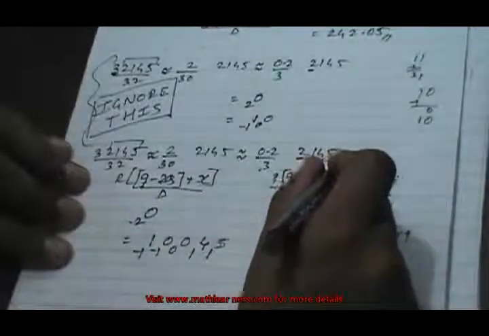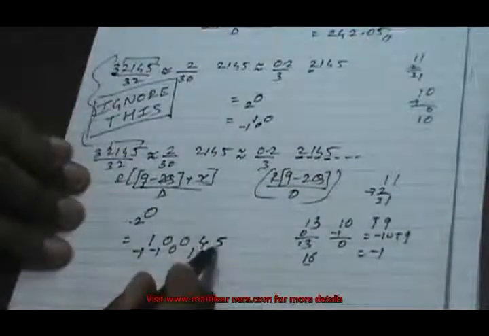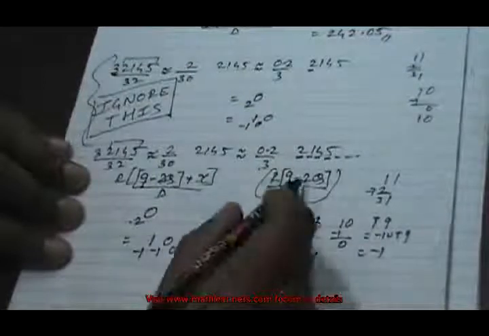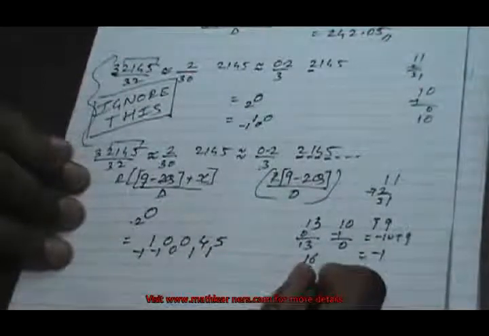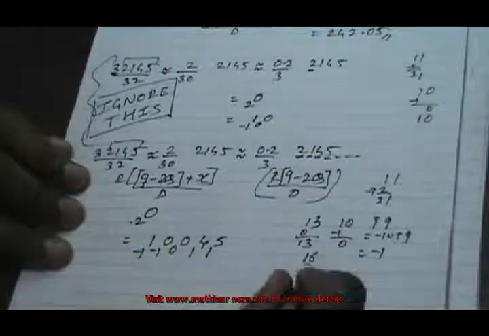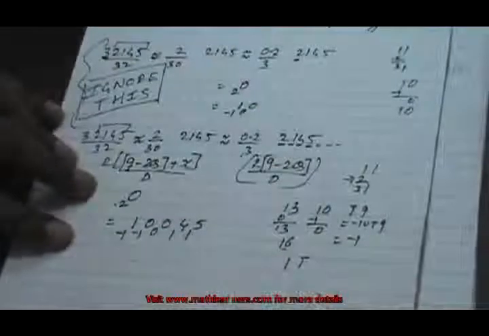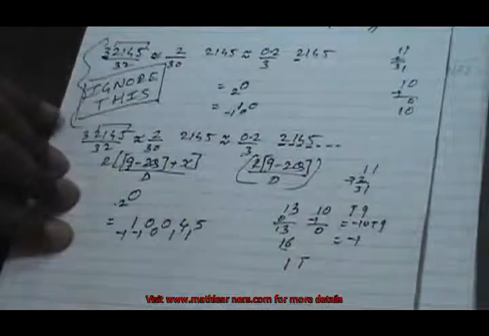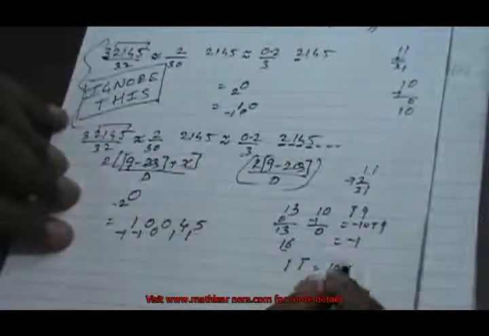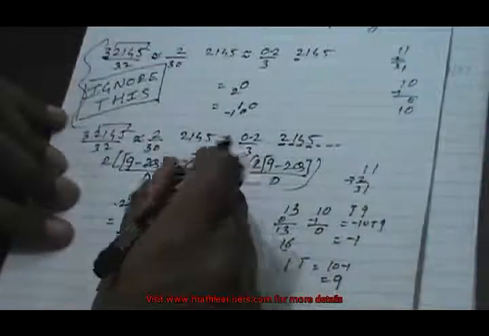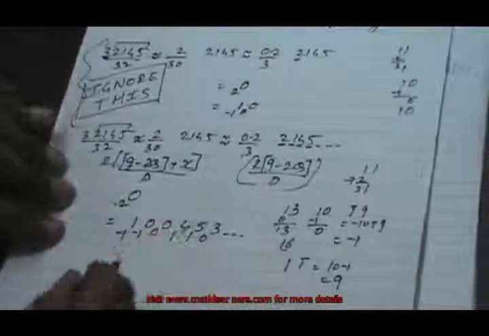Now since there are no extra digits present, we will be using this. Doubling 5 gives us 10. 10 will be subtracted from 9, that comes as minus 1. Minus 1 will be appended by 1, so that comes as 1 bar 1, that is equal to 10 minus 1, that is equal to 9. So 9 when divided by 3 gives us quotient 3 and remainder 0, and so on.